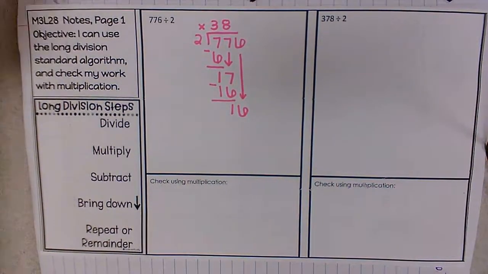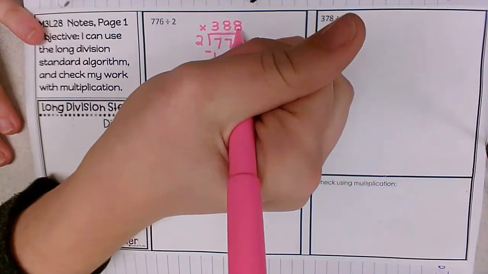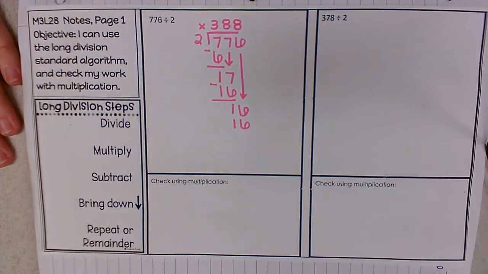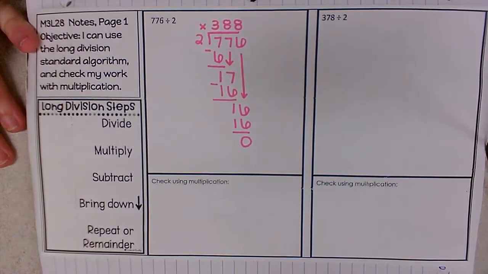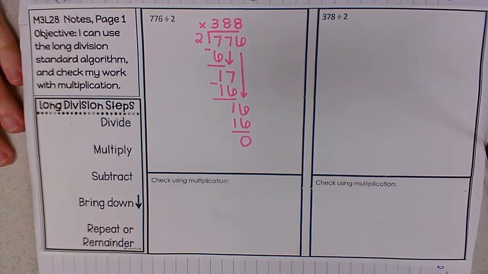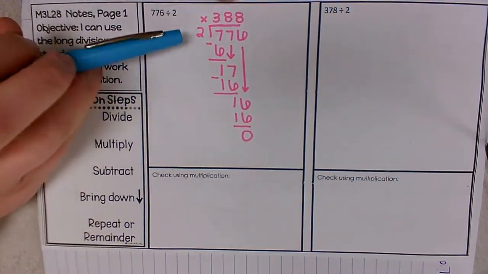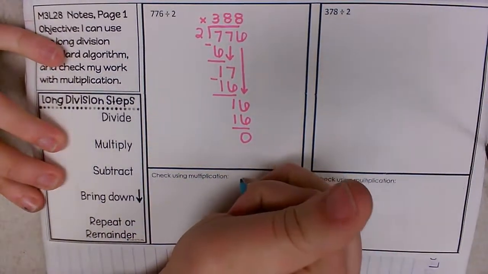16 divided by 2 is 8 groups. Divide, multiply. 8 times 2 is 16. Divide, multiply, and subtract. Bring it on down, and if there's nothing to bring down, that means that you are done. We have a remainder of 0, and now we're going to check our work. When we check our work, we want to see that the numbers on the outside multiply to get the number on the inside. So we're going to multiply